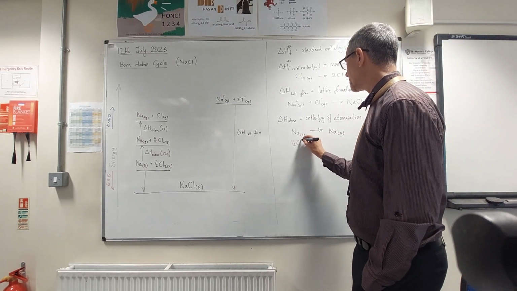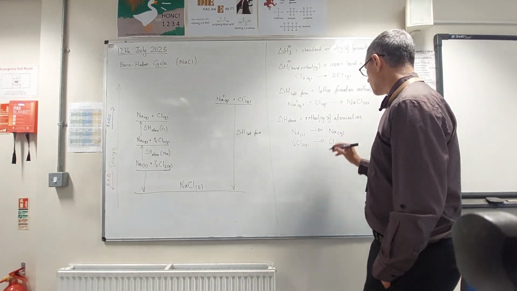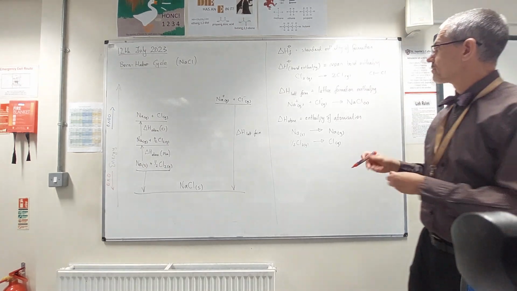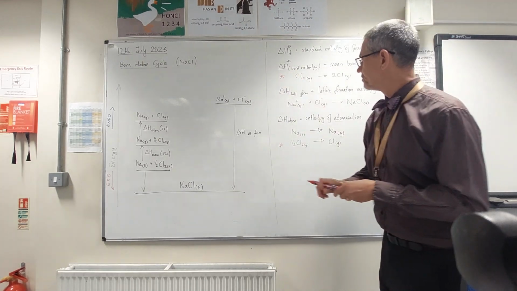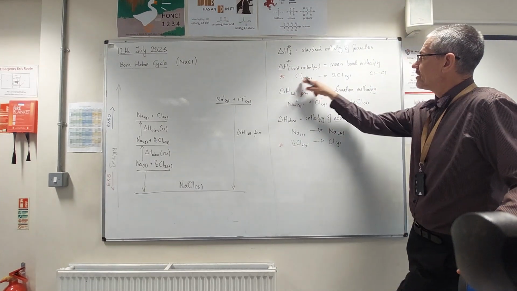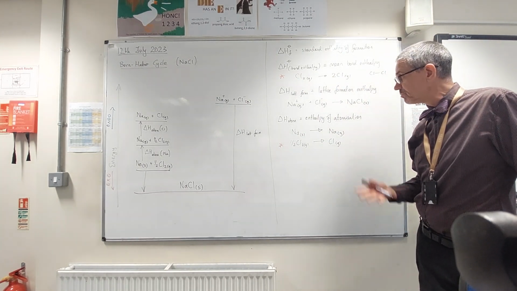So half a Cl2 gas goes to 1 mole of Cl gas. Now just notice the difference between this one and this one. They both do the same thing. They both turn Cl2 molecules into Cl atoms, but